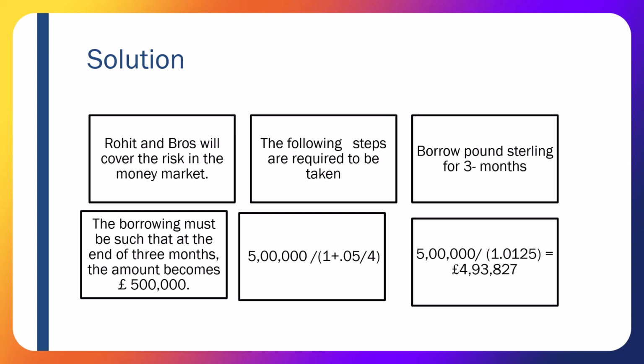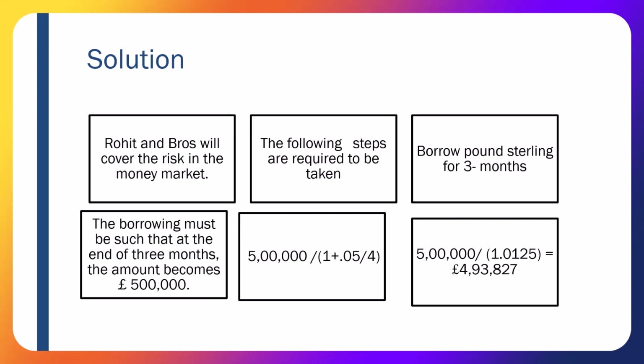5% रेट ऑफ इंटरेस्ट है इन इंग्लैंड, divide by 4, because 1 क्वार्टर का है, तो आप अगर 4,93,827 पाउंड्स बोरो करोगे तो after 1 quarter it will become 5 lakh pounds. That means you have to pay 5 lakh pounds to your bank, to the banker from where you have borrowed pounds. और वो उतने अमाउंट का रिसीवेबल्स भी हैं, तो वहाँ से नेट ऑफ हो जाएगा, आपके रिसीवेबल्स खत्म हो जाएंगे।